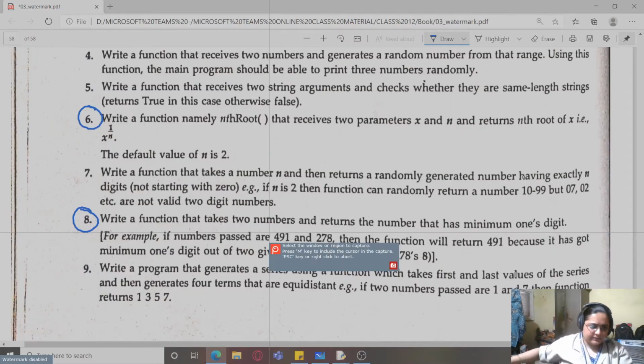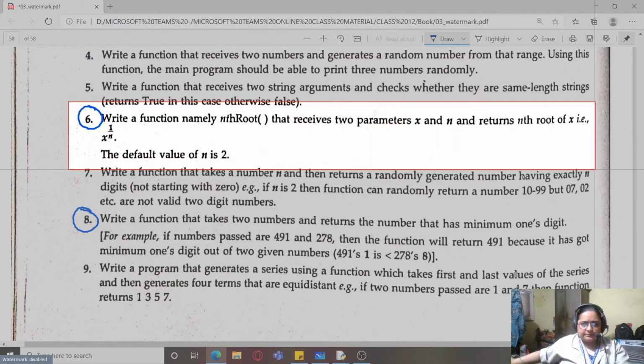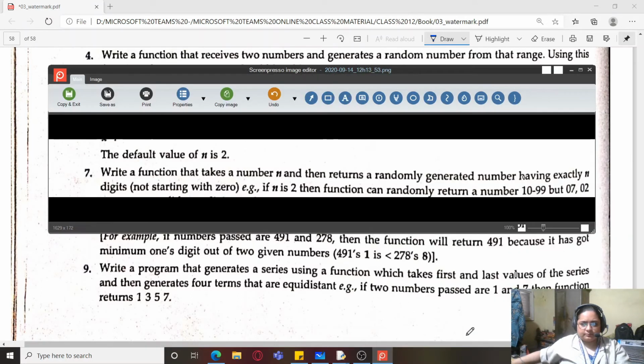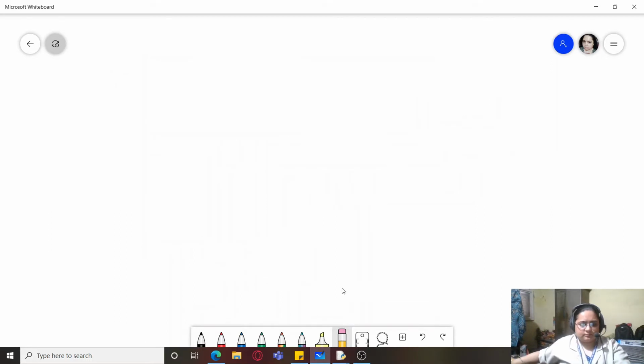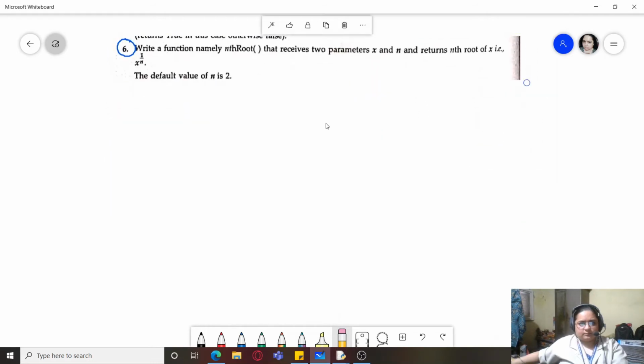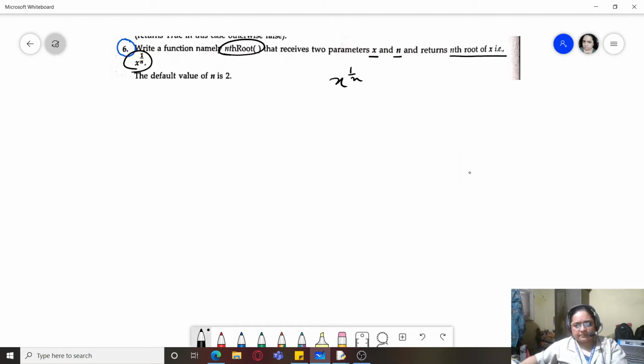So let's copy this function. Let's copy this question. So here we are. nth root is the name of the function, which receives two parameters x and n and returns this value, that is x raised to the power 1 by n, which is actually the nth root of x, right?